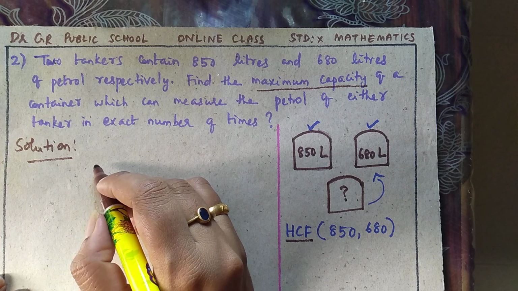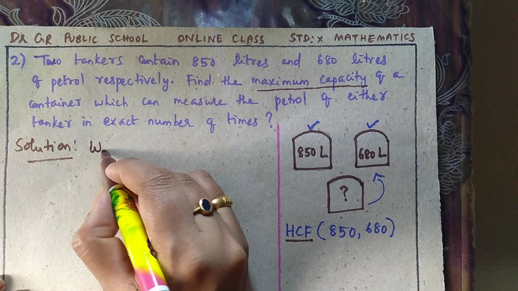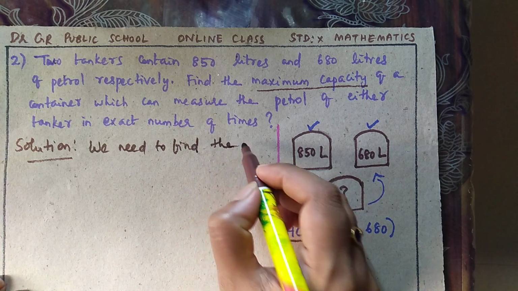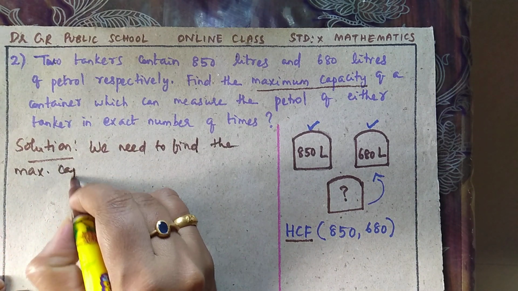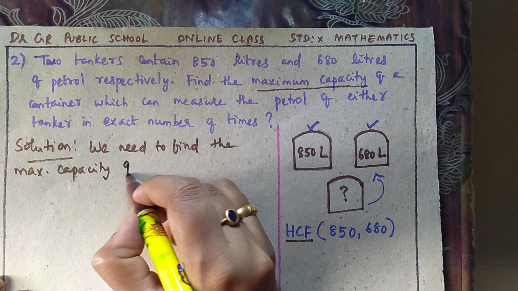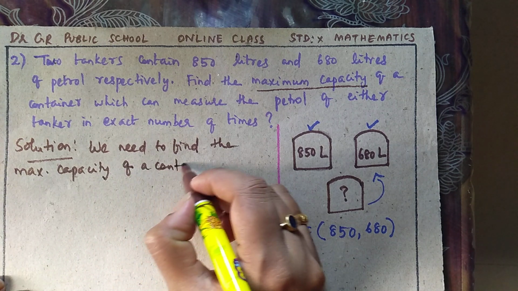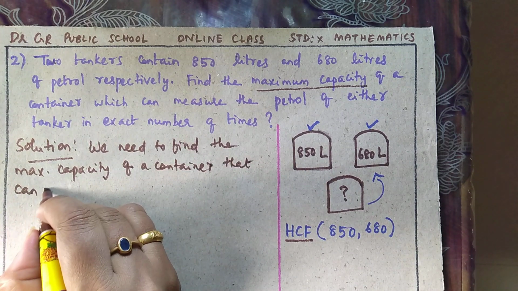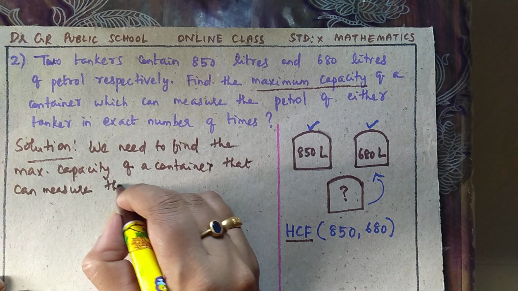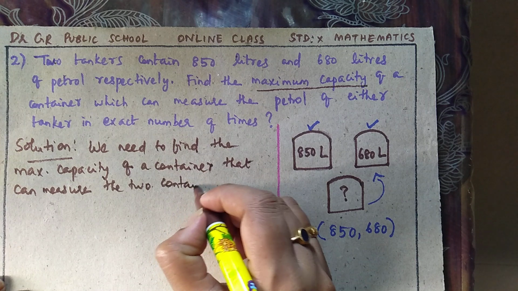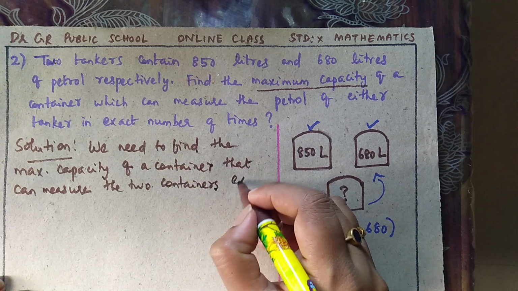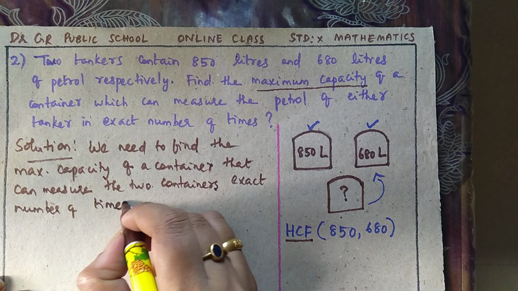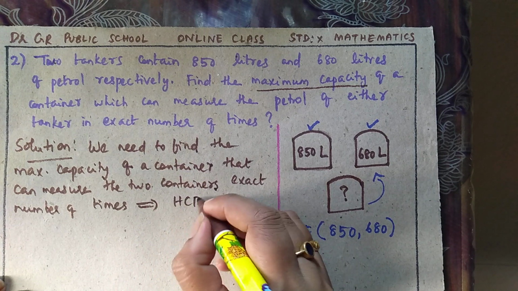So here we are writing, we need to find the maximum capacity of a container that can measure the two containers an exact number of times. So that implies here also we need to find out HCF of